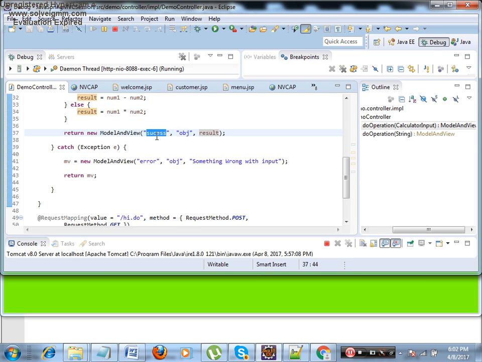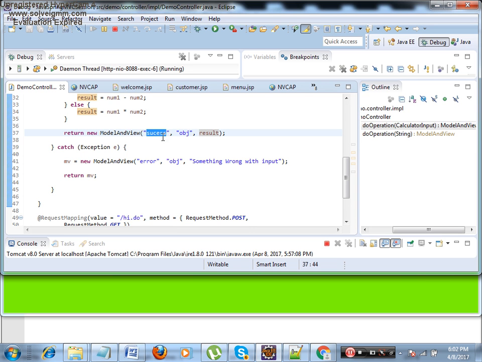Got it? Now the next question which you have to understand is, we understood which function is getting called, we understood how the data is getting bound. The third thing we understood is how the response will be sent by using return new ModelAndView, the response will be sent to the front end. But the fourth thing which we did not understand is how we will read the result on the front end.